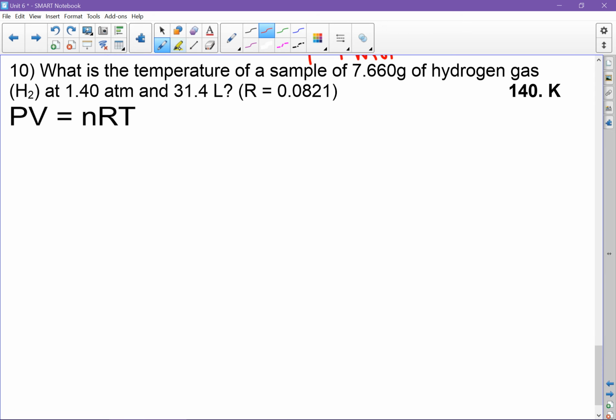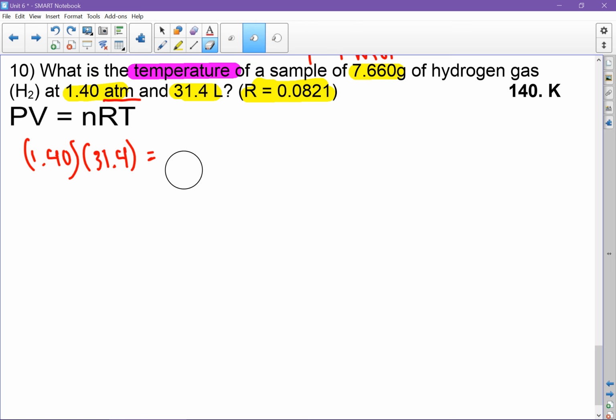Okay, last one. You are going to write the formula and find your numbers. So I have this, this, this, this. Notice that the question says what is the temperature. That means that's where x will go, so I don't know T. I do know everything else. Pressure has atmospheres attached, 1.40. Volume is 31.4 because it says liters. N means moles, so that's,